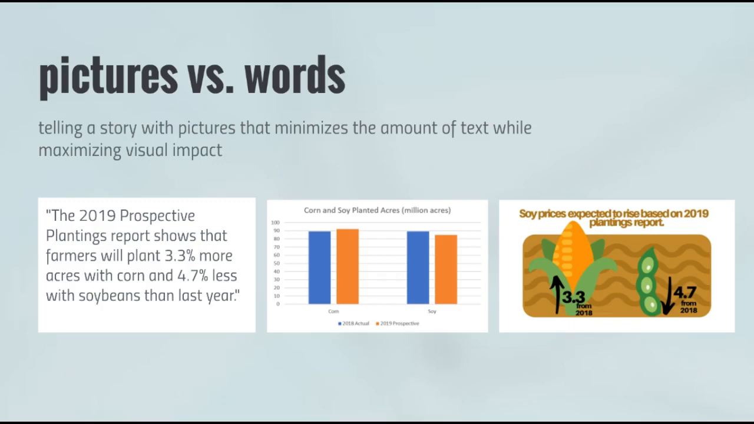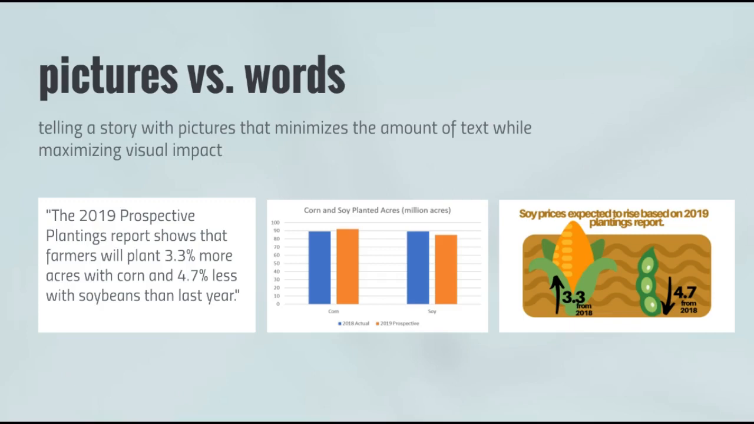So to get my point across here, I've got 3 boxes. The first one has text about what farmers are going to plant with corn and soybean in their crops this year. So it's a lot of text. It's hard to decipher through that. The second box has a graph that explains that text a little bit easier. It's a little easier to take in that information, but the last one is an infographic that I really quickly